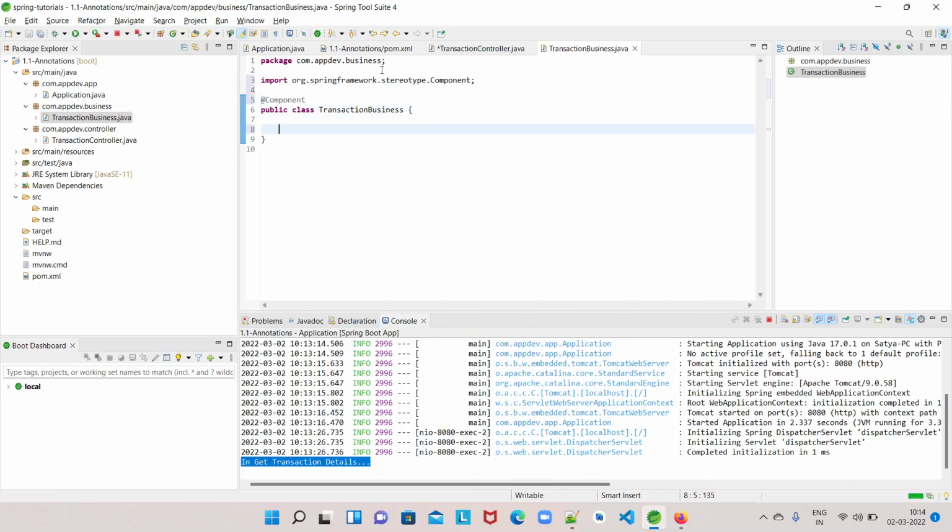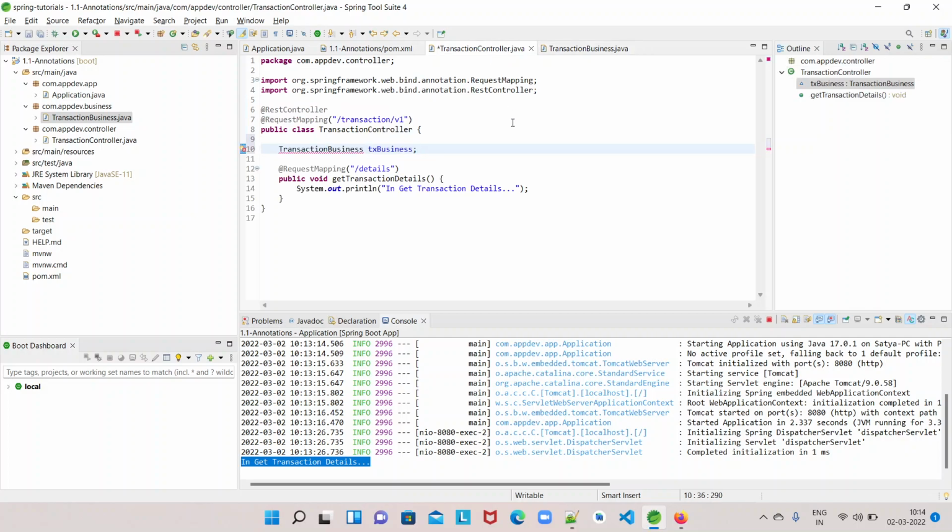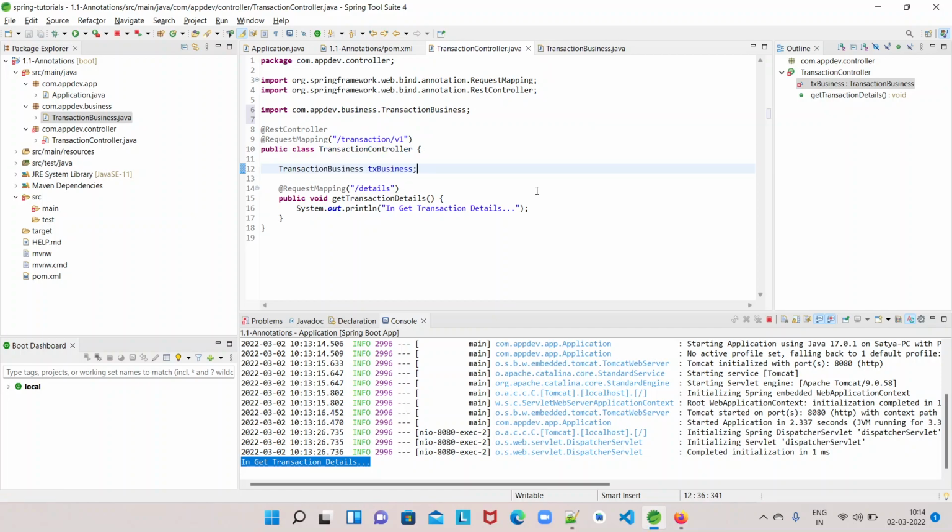So this is my dependent bean, TransactionBusiness. Let me import it here. If I print this TransactionBusiness here, let us see what it prints.